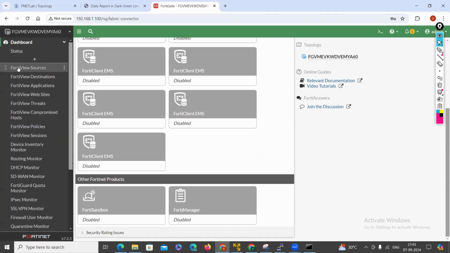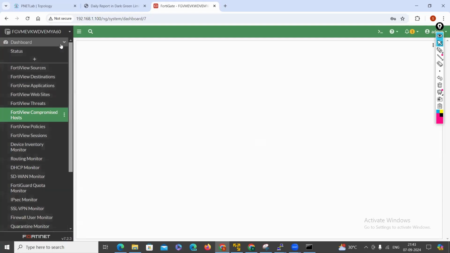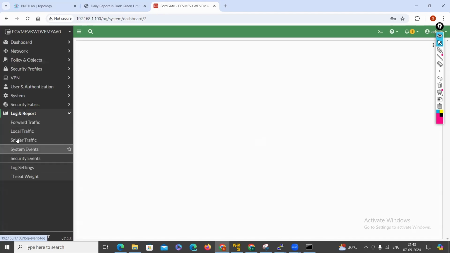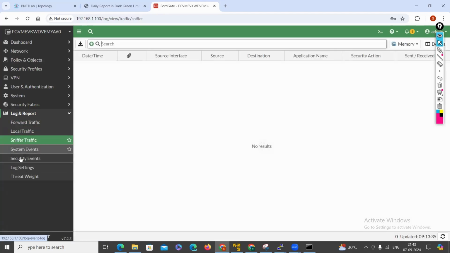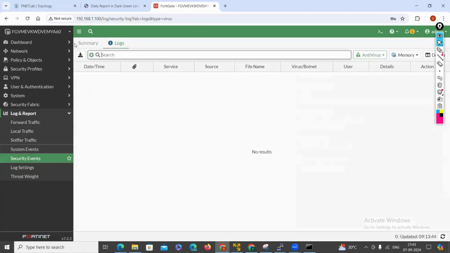And Log and Report is similar to FortiView. Under Dashboard you are seeing this FortiView source, destination, application, right? These menus are very helpful to us for monitoring purposes. The same way, Log and Report is used to verify the logs for monitoring. If your firewall is blocking traffic and you want to know the reason, then under Security Events in the logs you can see what traffic is denied and what the reason is,